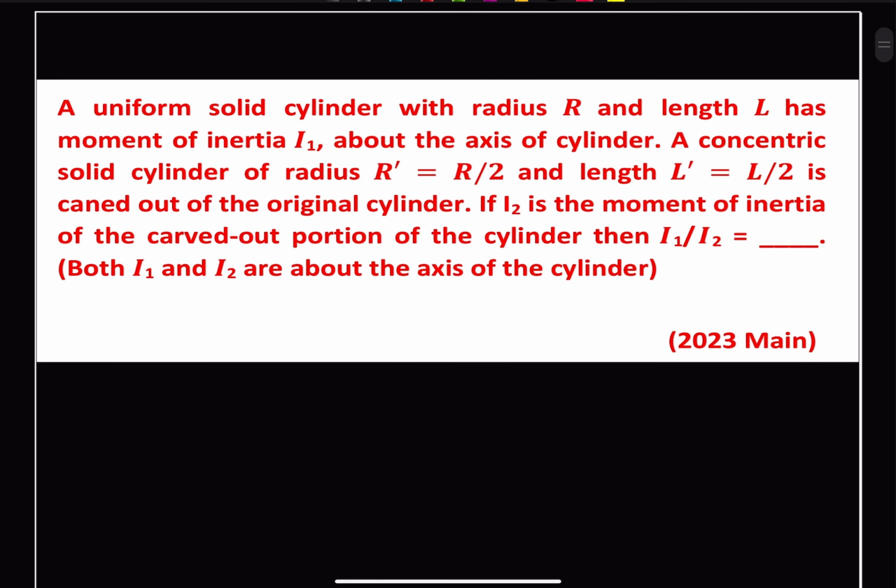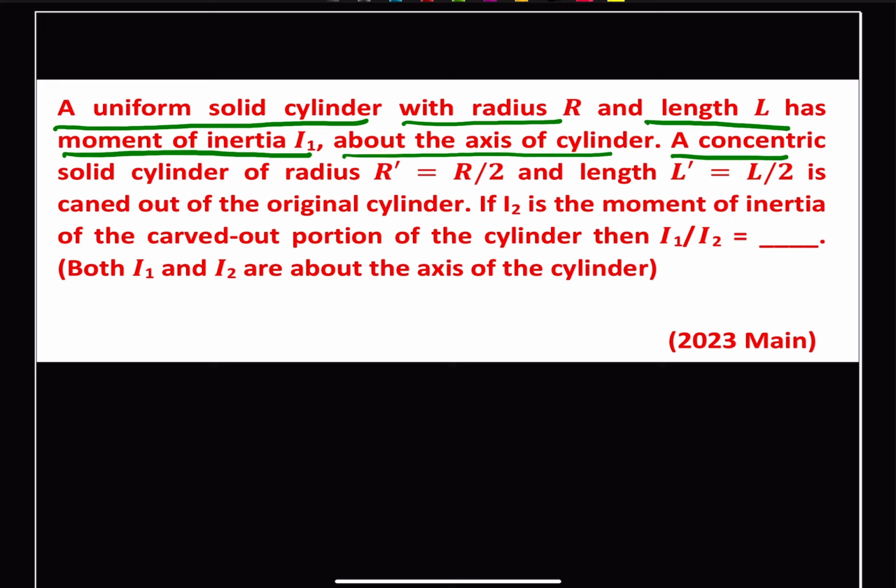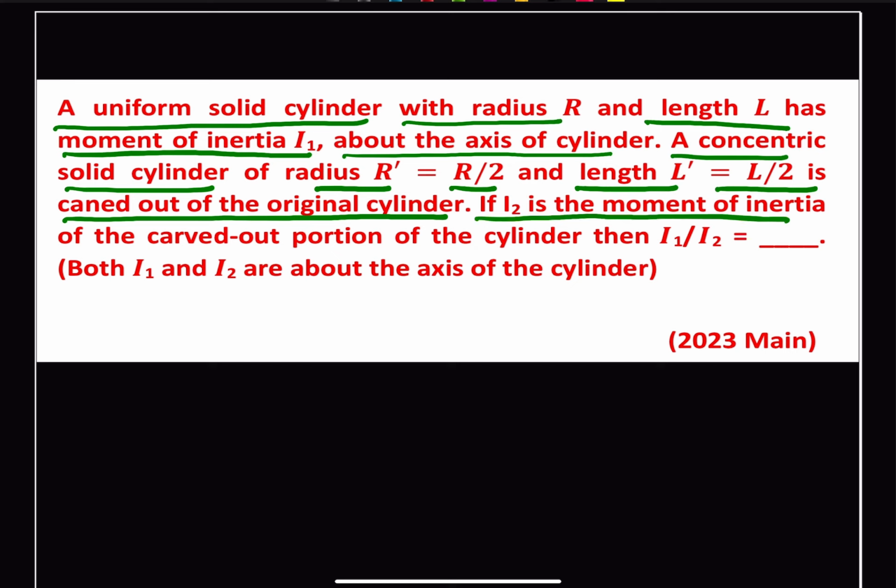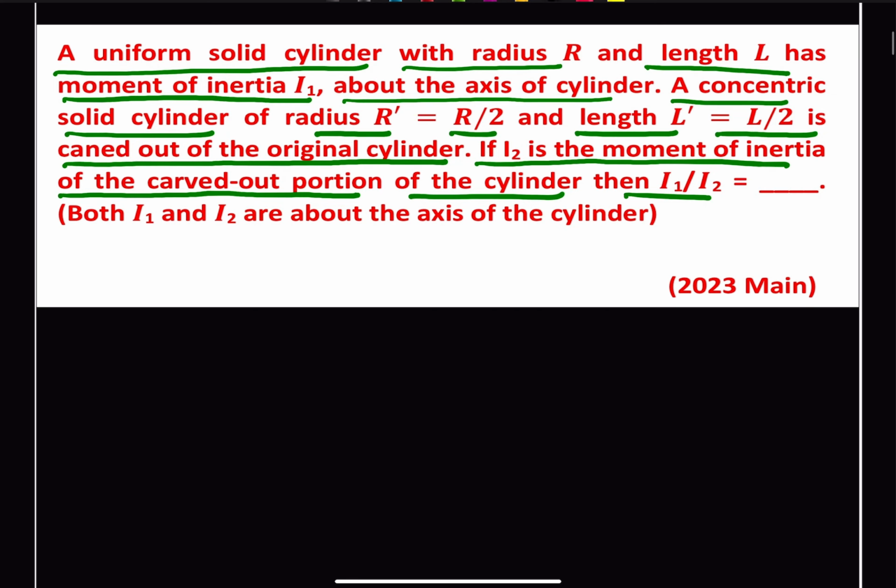It states that a uniform solid cylinder with radius R and length L has a moment of inertia I1 about the axis of the cylinder. A concentric solid cylinder of radius R prime, which is equal to R by 2, and length L prime equal to L by 2 is carved out of the original cylinder. If I2 is the moment of inertia of the carved out portion of the cylinder, then I1 upon I2 is? So let us draw an approximate figure,